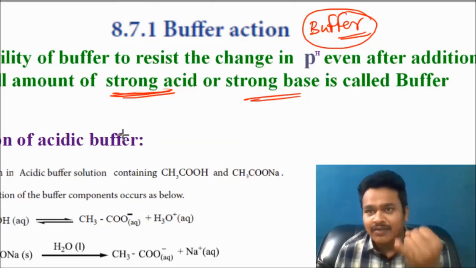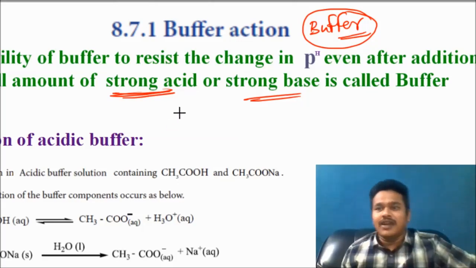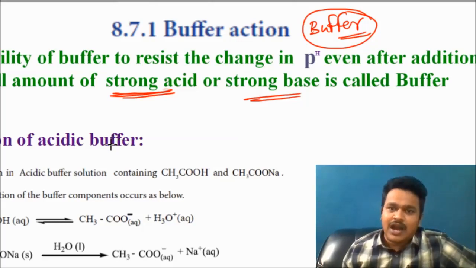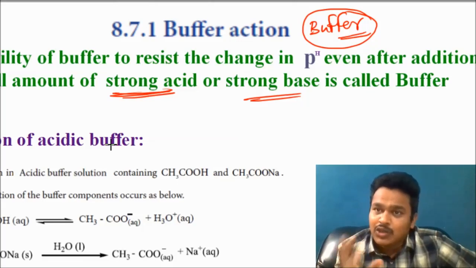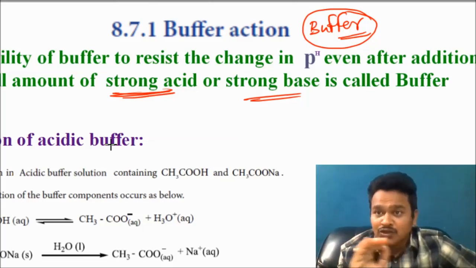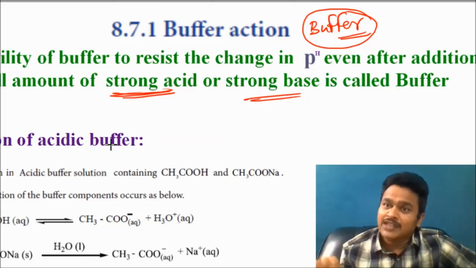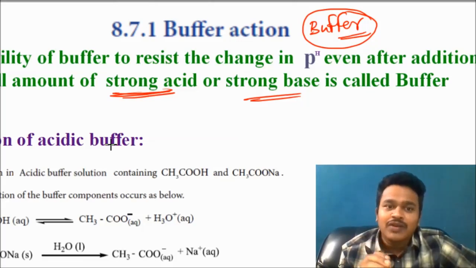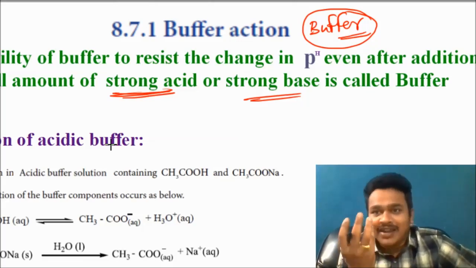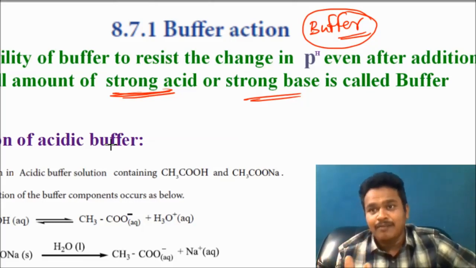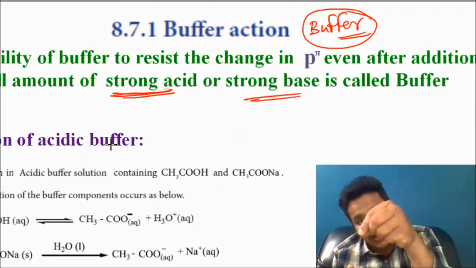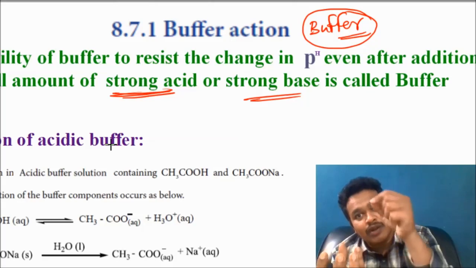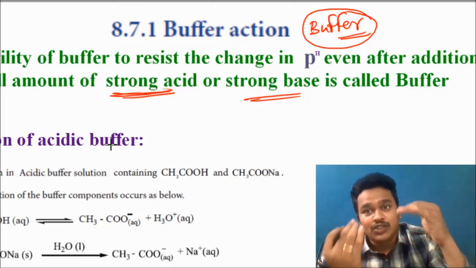We studied about acidic buffer and basic buffer. In this one, action. How it is acting like an acidic buffer. Already we discussed. Buffer means you can add a small amount of acid, pH should not change. You can add a small amount of base, pH should not change. Now we will discuss the action of acidic buffer. I will take an acidic buffer. For this acidic buffer, I will add a small amount of strong acid and check. Second case, for this acidic buffer, I will add a small amount of strong base. Again, I will check. These two things we are going to study.